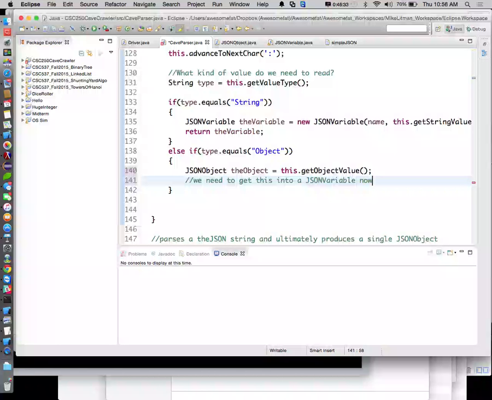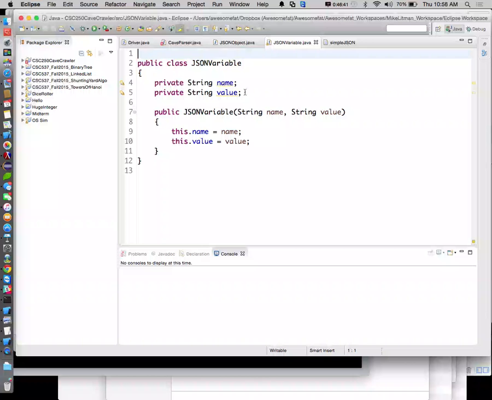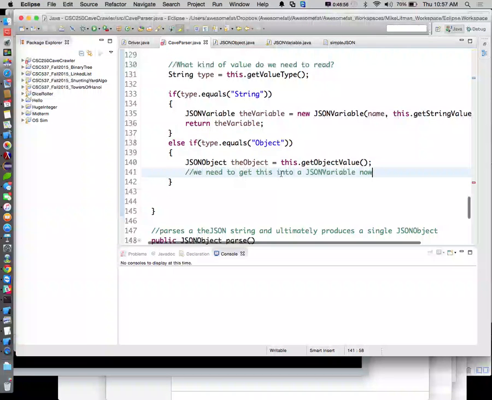We need to get this into a JSON variable now. Okay, but we have a problem. That is, JSON variables only know how to hold string values. This guy, not JSON objects. Make sense? Okay, this guy only knows how to hold string values right now. We're going to fix that. Okay, but before we do that,